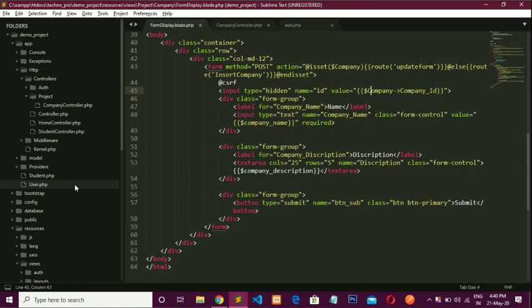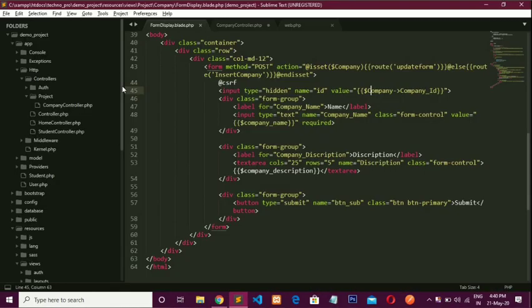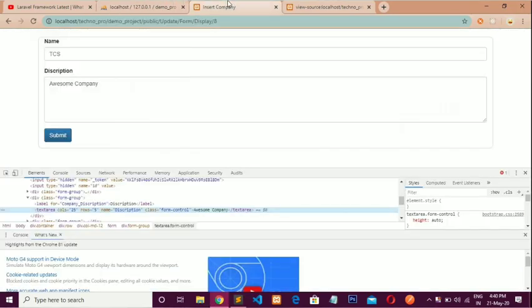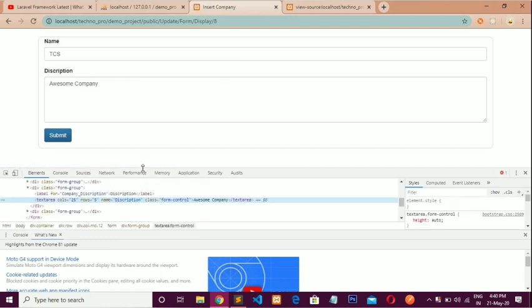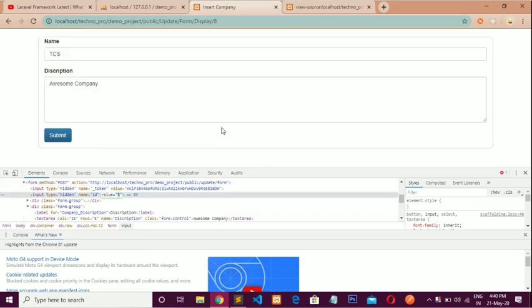No, the ID also didn't come, so something is wrong. Okay, the column name is only ID, so remove this, and now refresh. Okay, I am getting the ID successfully.